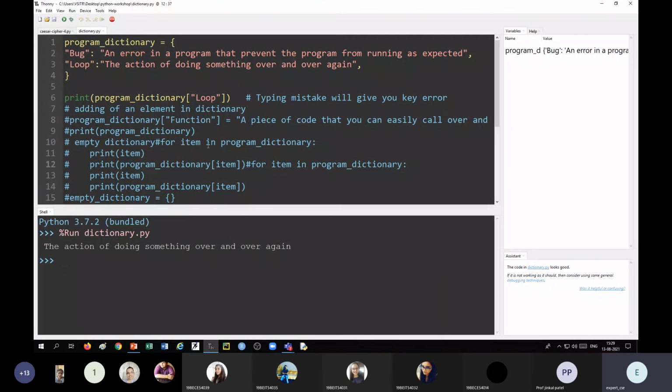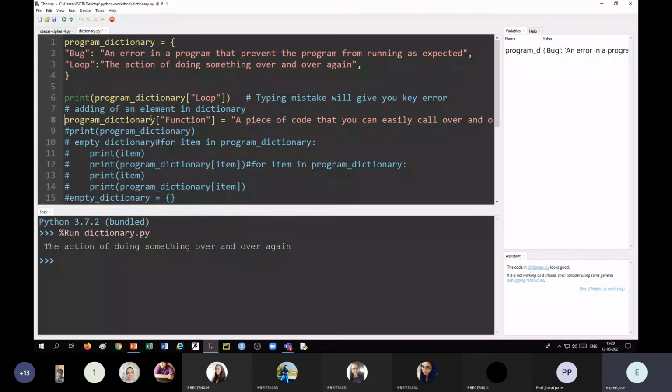Okay, now how to add an element? It is very simple. Simply as we are printing it, we can add this also. Say program dictionary, then in brackets there will be the key. Now see, this key is not one that already exists in the dictionary.